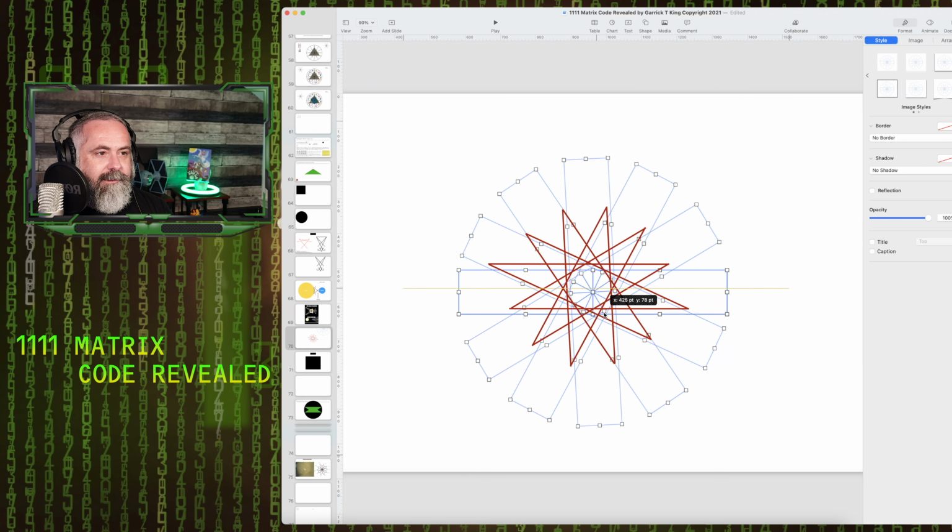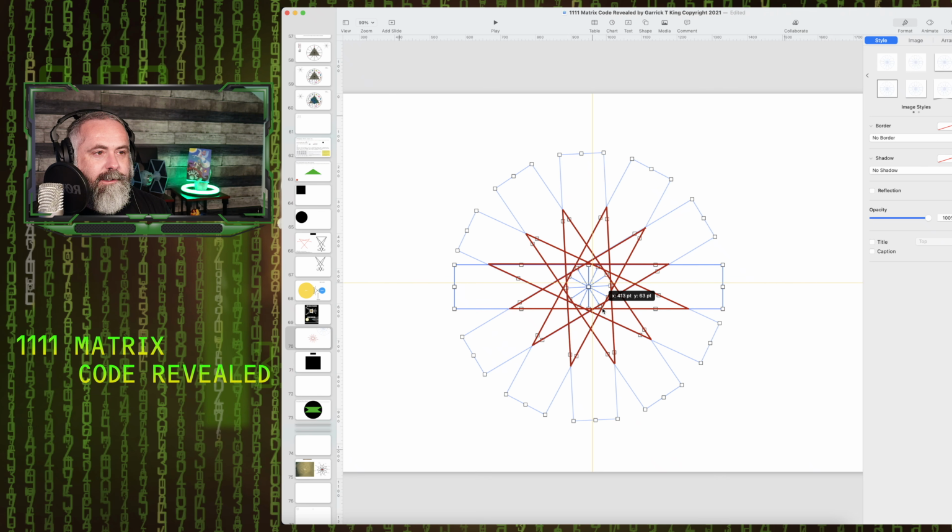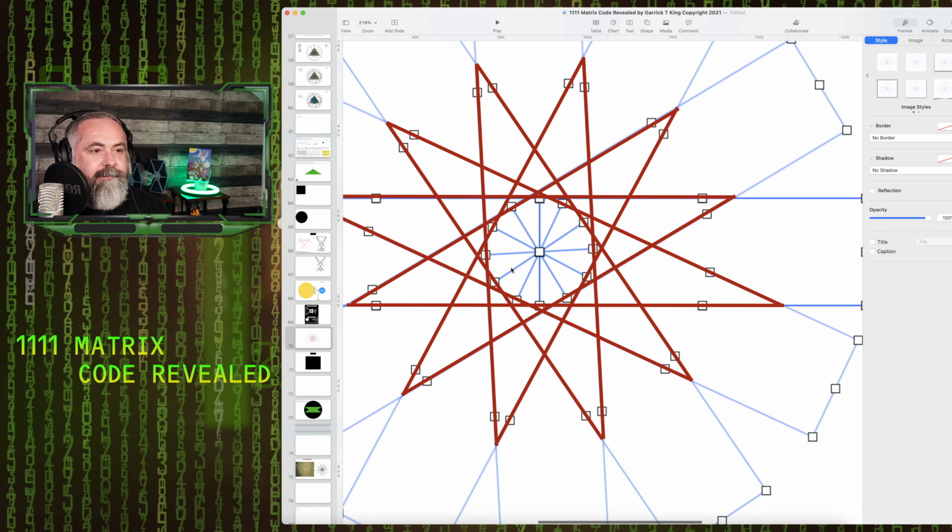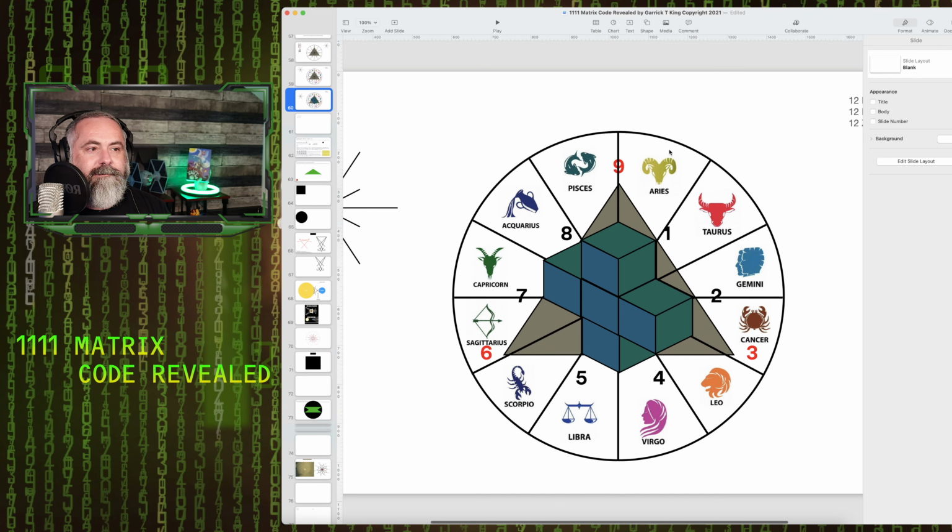But that's exactly what it is. And moving it back, you can see how it perfectly lines up. And uniquely, right here in the center is a circle with 12 distinct areas, exactly like this for the zodiac. Again, and remember, this also is a symbol for the sun, showing it moving through the sky,